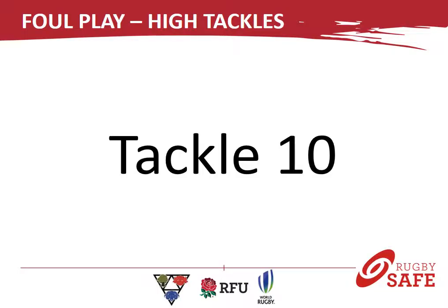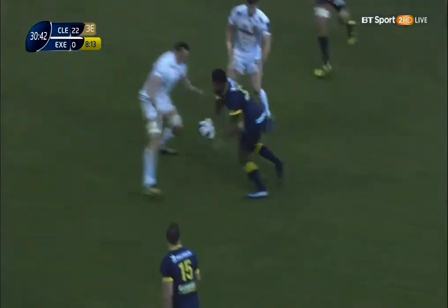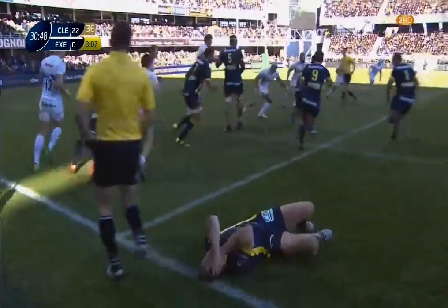And finally, tackle number 10. Kaiser feeds it back to Para. On there to Naikatathi, to Spedding. Inside from Abendon, who's taken a knock to the...